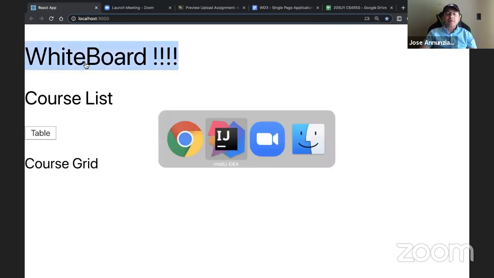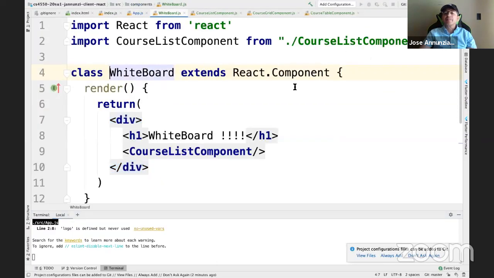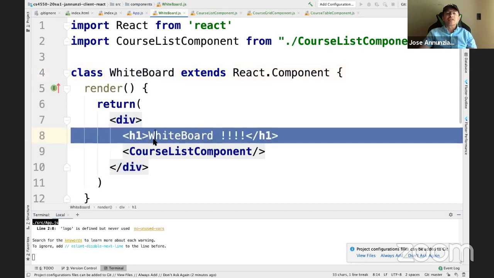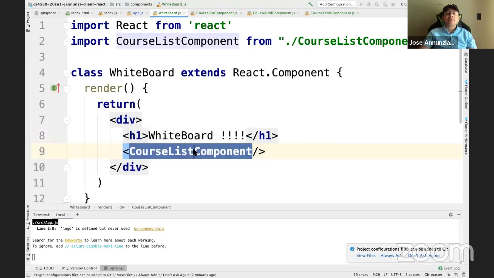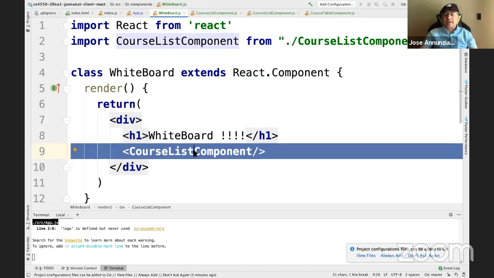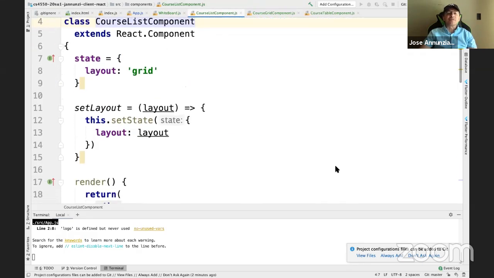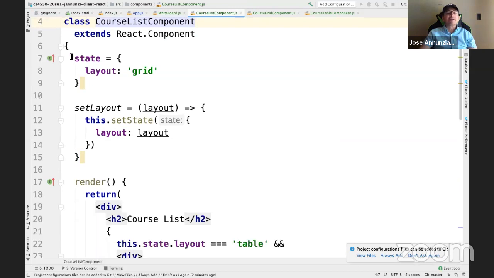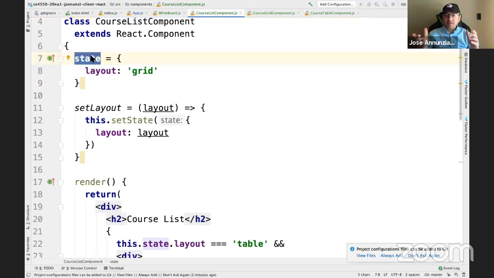We have the whiteboard that is implemented by this whiteboard component here that has the H1. There's the H1. And then the course list component is embedding the rest of the application. The course list component is listed here. It's maintaining its own state of what is the layout that we want to display. So state is a variable that has to be called state, and